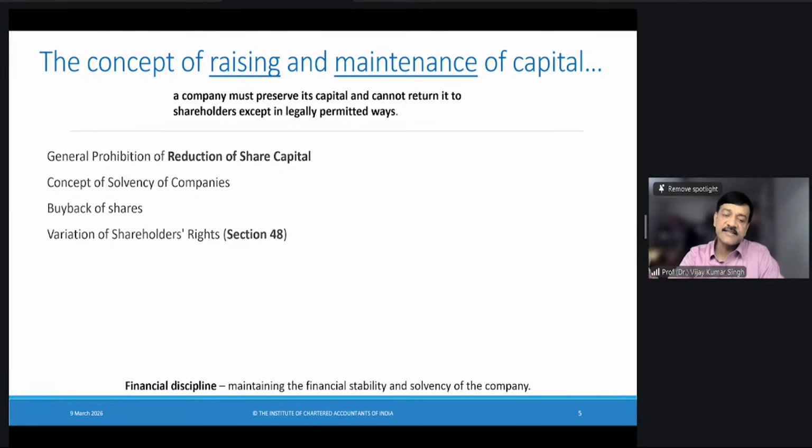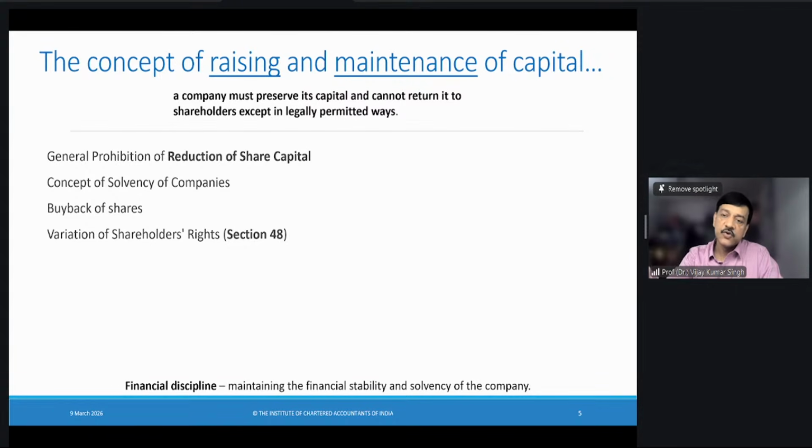However, when you are raising capital, taking money from different people, the question arises: what can you do with this money? Can you use this money indiscriminately? Can you give it to somebody? Or say, for example, your company is not making a profit, can you deal with that money or declare dividends? These are the questions which come up in company law. Hence, the basics of company law say that while you are raising the capital, you should also maintain the capital. Maintenance of capital is a very important element in company law.